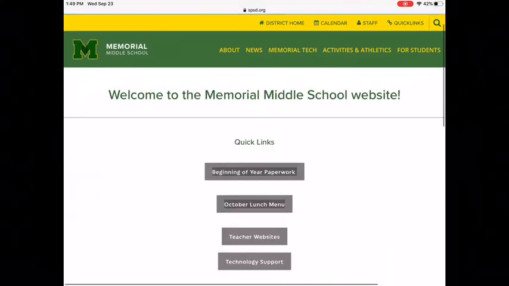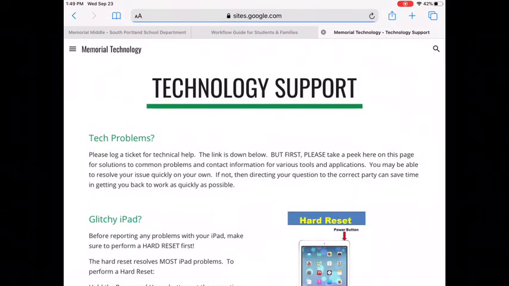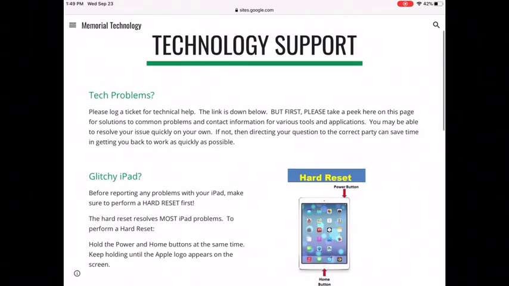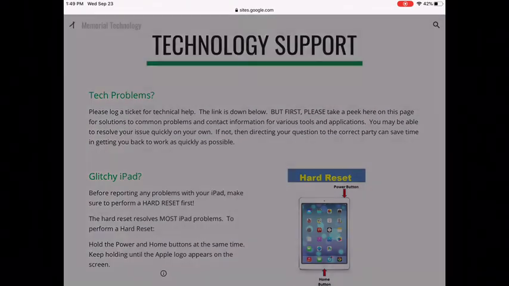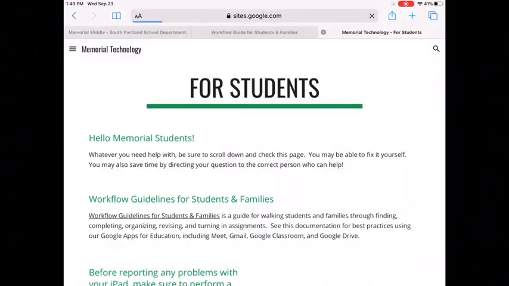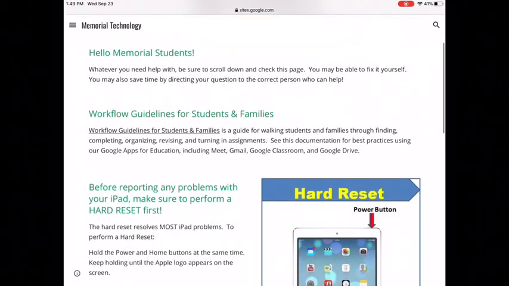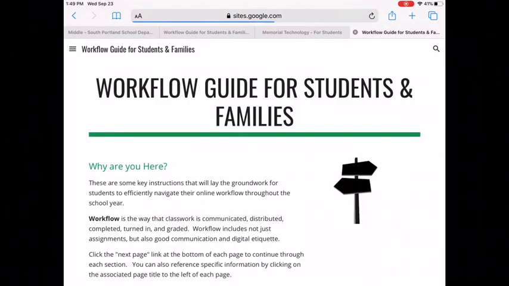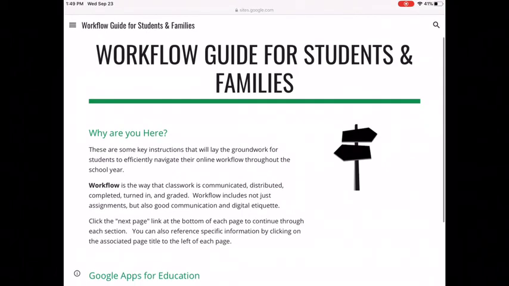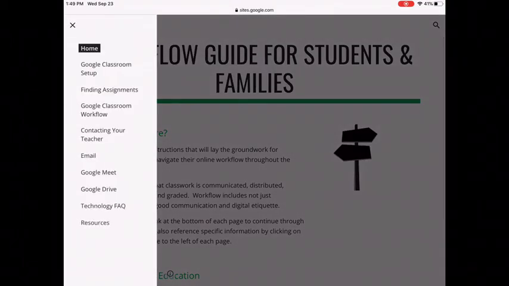You're going to go to Tech Support. There it is. And then over here, the hamburger icon again for students. And you'll find all kinds of good information for students over here. And then here's the workflow guidelines for students and families. And if you open that, this website can walk you right through all the pages on the left. So you can go right to what you need to know, or you can just sort of walk through one page at a time